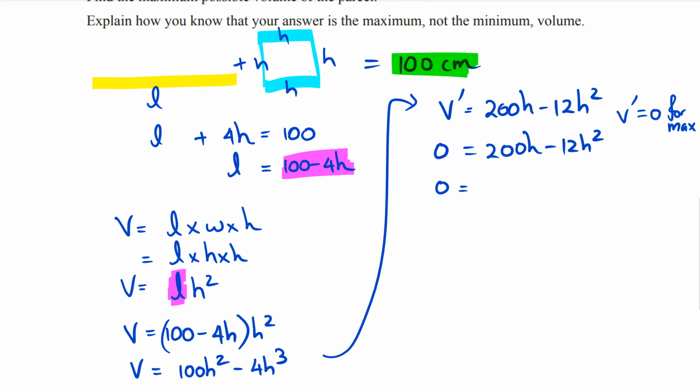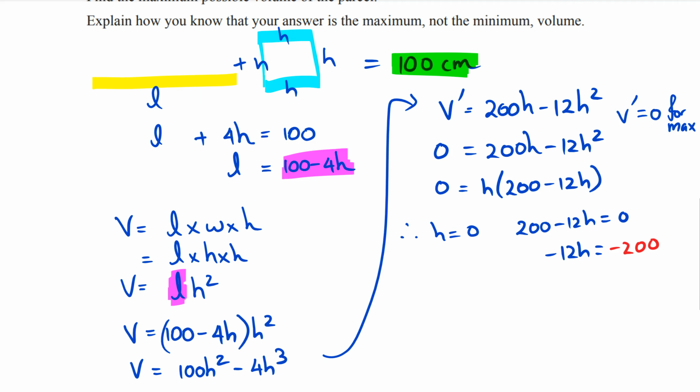And then what have we got? We've got h as a common factor, so we can take that out. So we're going to get 200 minus 12h. Therefore, our two answers are when h equals 0, or 200 minus 12h equals 0, which we can then just rearrange. So we're going to get negative 12h equals negative 200, and then h is equal to negative